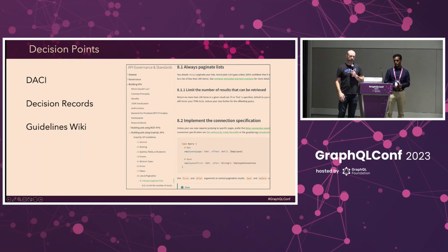And then the I for informed are just those other additional stakeholders that need to be aware of the decision that was reached so that they aren't caught unawares by it later. We document these major decisions in architectural decision records, ADRs or just DRs. And then we also have a guidelines wiki that becomes the permanent, not very often changing record of the